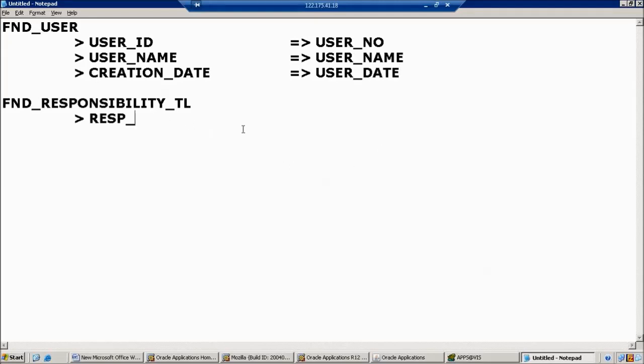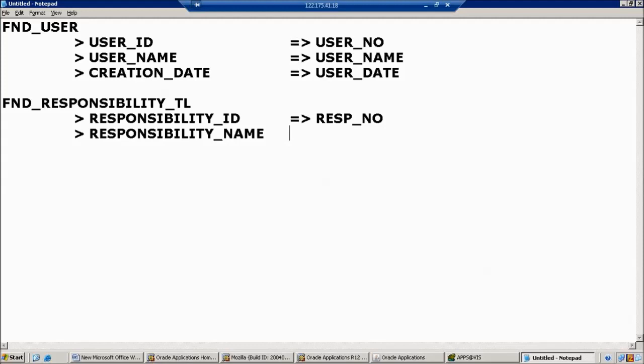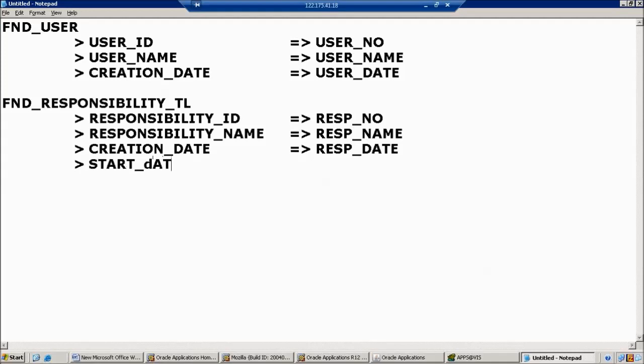And here responsibility ID as responsibility number, and responsibility name as responsibility name, and creation date as responsibility date, and start date as start date.